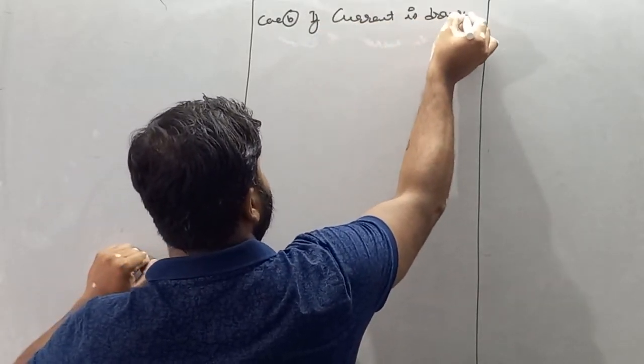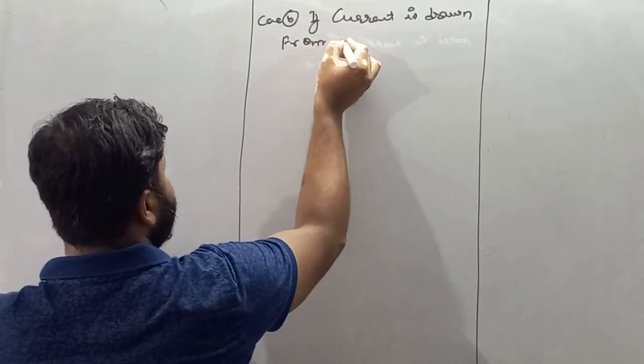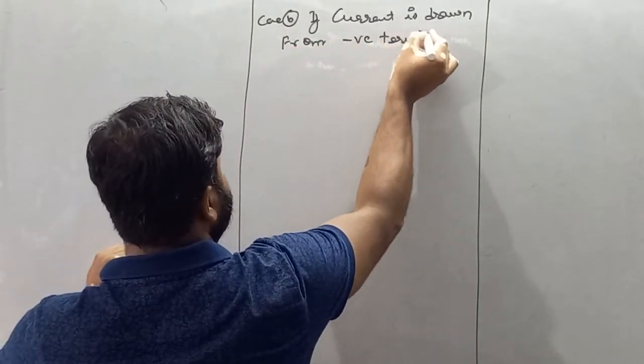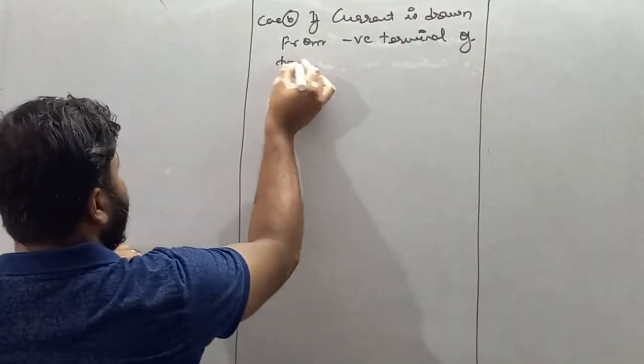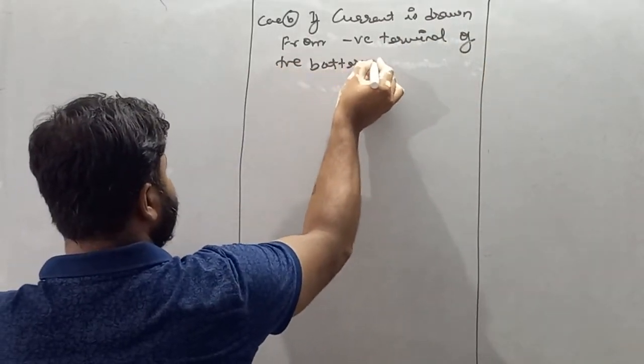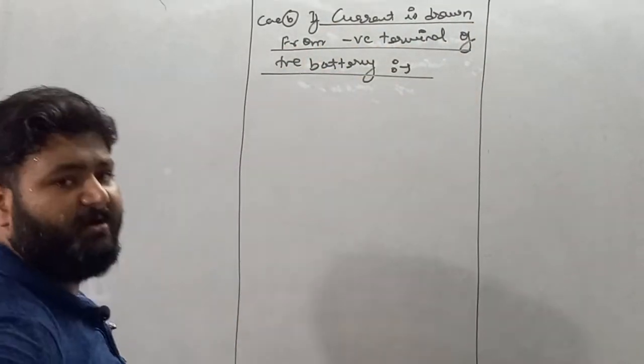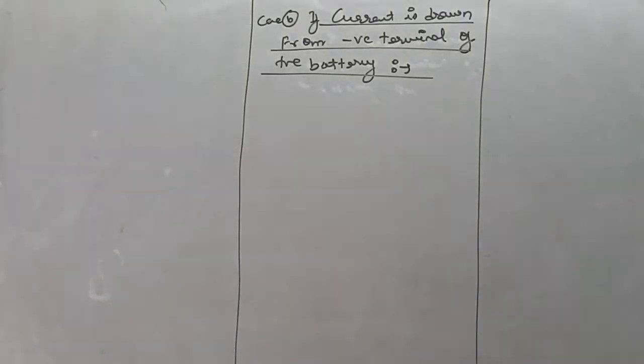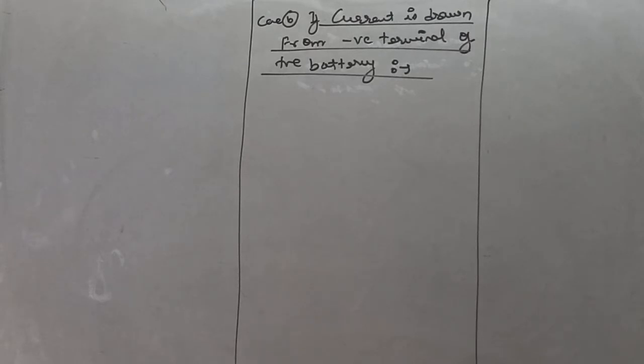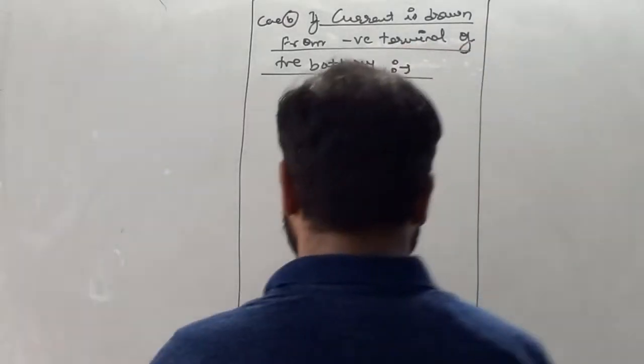So in case 2 we are discussing now case B, and case B is if current is drawn from negative terminal of the battery. So see, my dear student, this is basically a new thing, because we all know current always flows from higher potential to lower potential. Here I am saying current is flowing from lower potential to higher potential, because negative terminal carries lower potential and positive terminal carries higher potential. So see how this is possible.